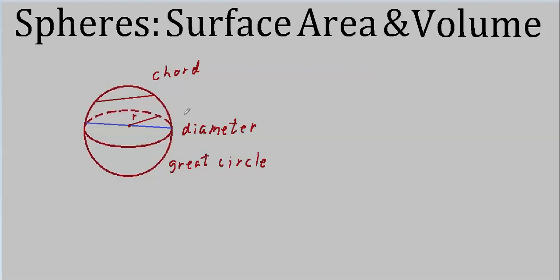Spheres are important. Of all the figures we've studied here, most of them don't turn up in nature that often. Although crystal structures do have n-gon shapes, like hexagonal, cubic, things like that. The stuff you see just walking around, you don't see too many of the types of figures that we've studied, except for man-made structures. Spheres occur in nature all the time.